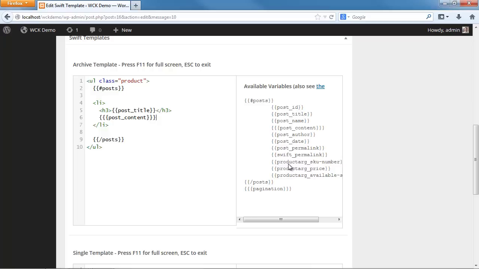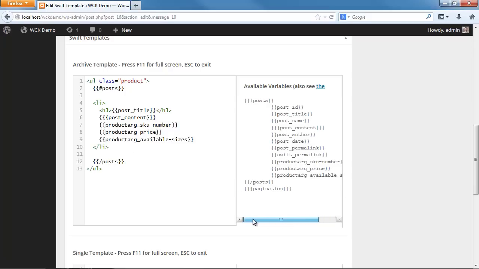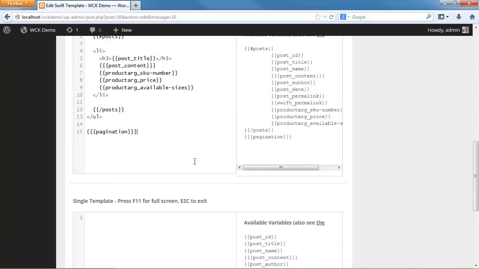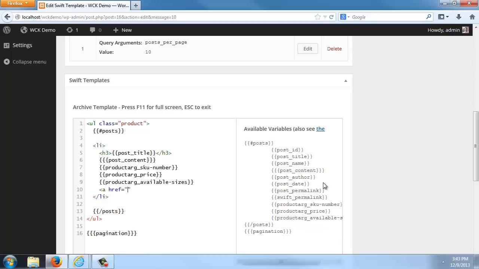Okay, and what I'm actually interested in are these, the extra fields. So that's that. Next, let's add the pagination after the UL. Perfect. And another thing that I forgot is to create a read more button. So ref. Now normally